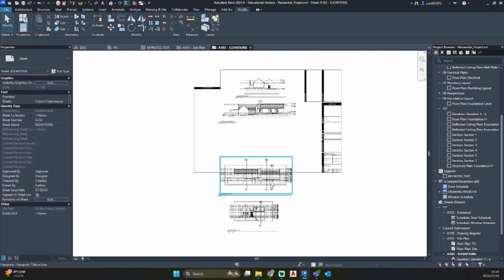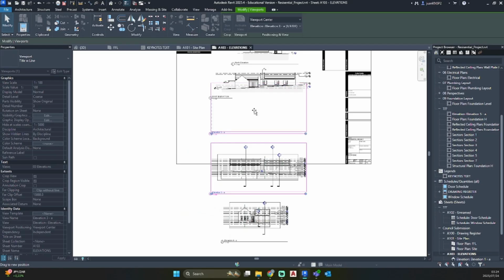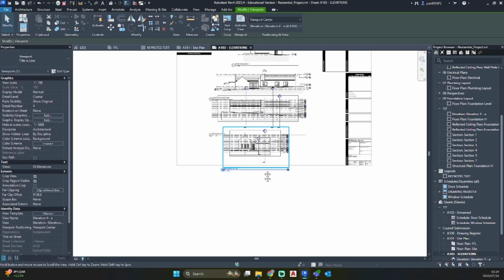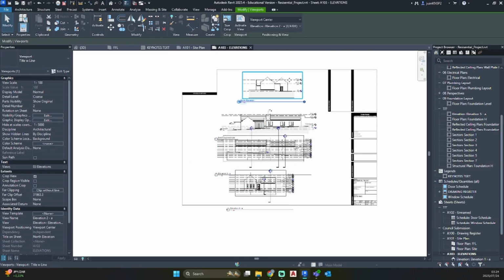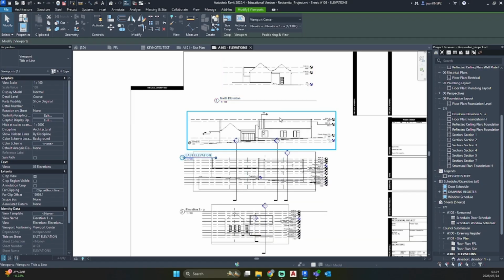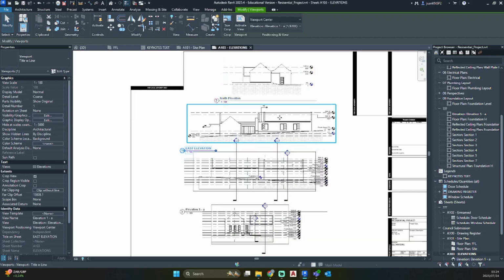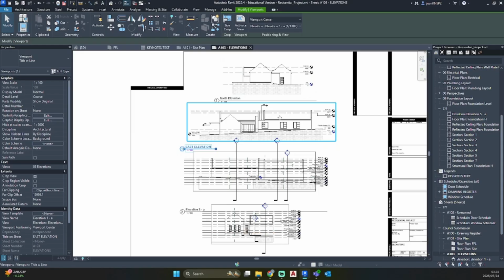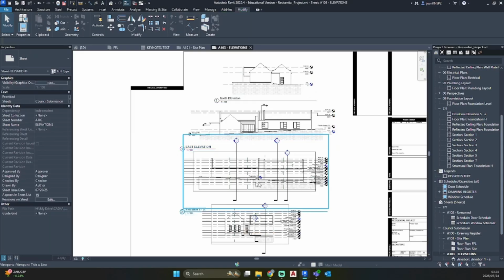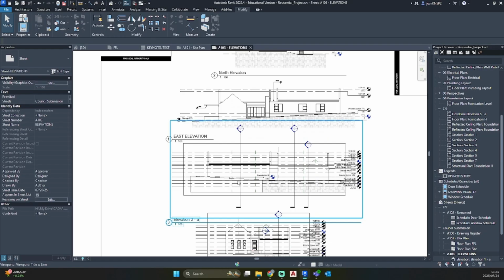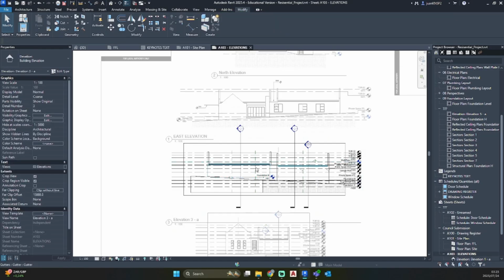And now we can rinse and repeat for the next two. So we know this one's west, we know this one's south. I'm just going to move that a bit up to properly space my elevations on my sheet. So I'm going to change my title on sheet to west elevation,